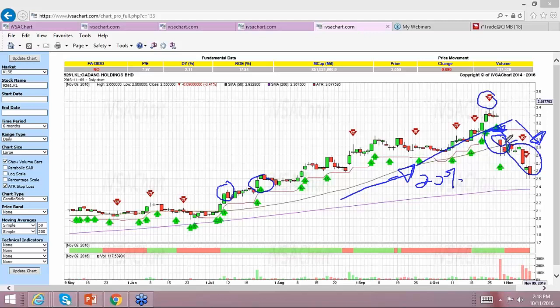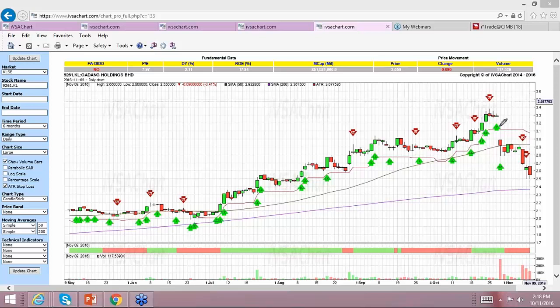Yes, some of them, yes, but like this one, they didn't show you the weaknesses coming in. It's because maybe it has something to do with the news. I'm not sure, but as a trader, if I'm following my system, I would just follow my system. If my system tells me to get out from ATR, I will get out from ATR.